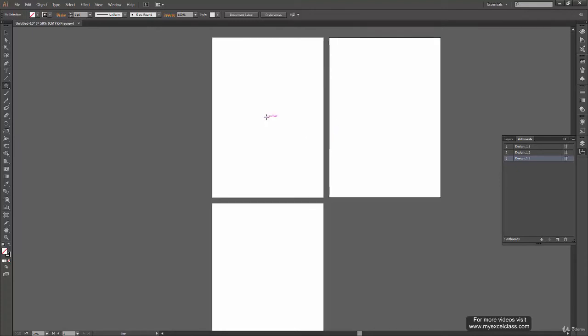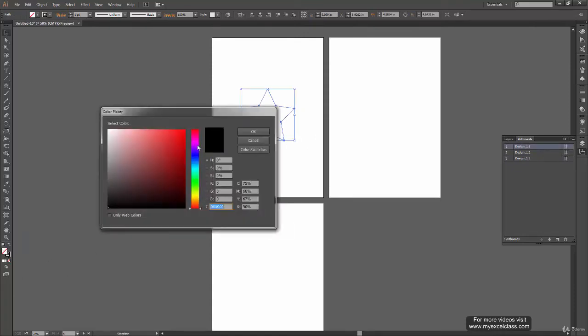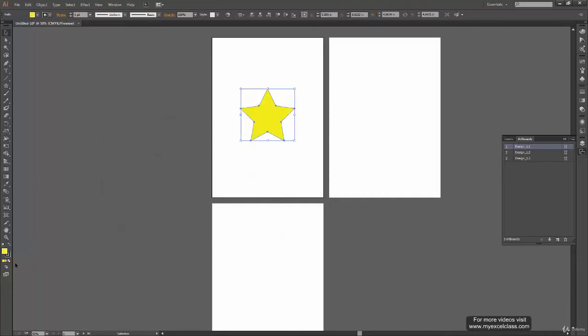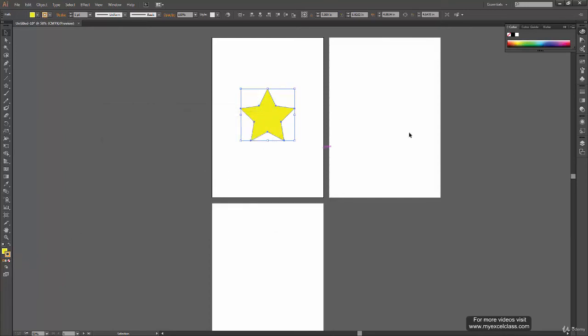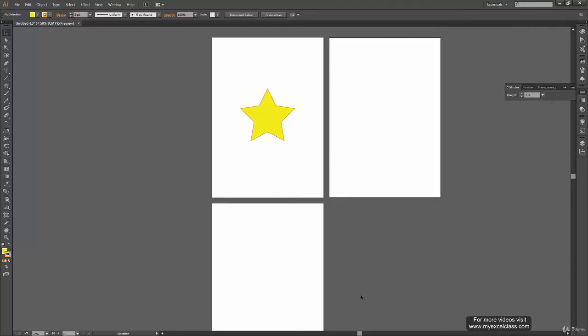Let's create a star in this artboard, and we will color it yellow or a little orange, and let us remove the outlines. We can actually have an outline of a darker color. I'm taking some time to make it look good.